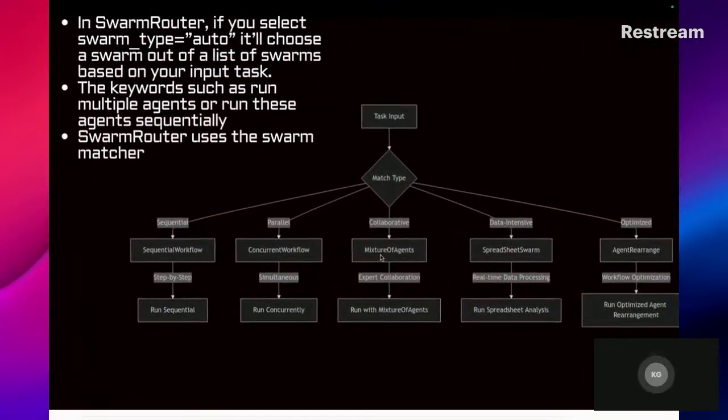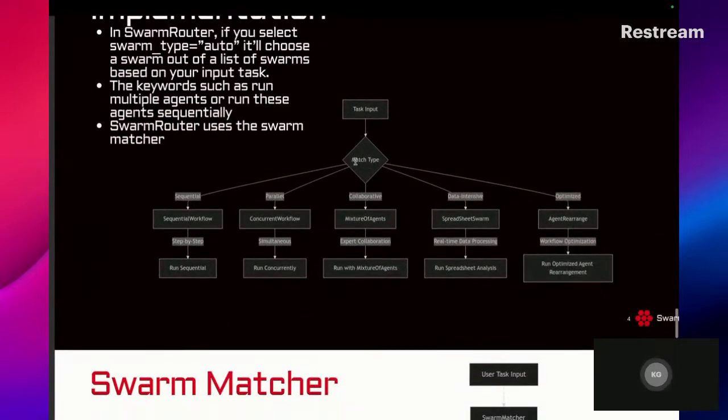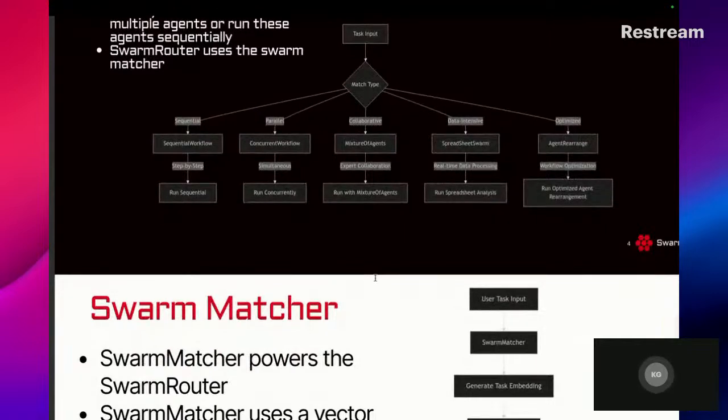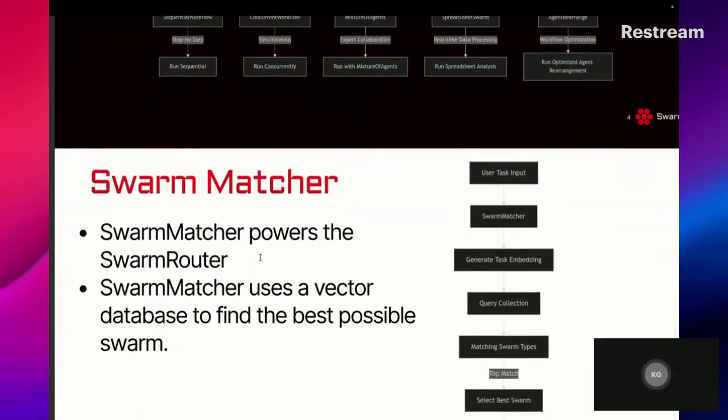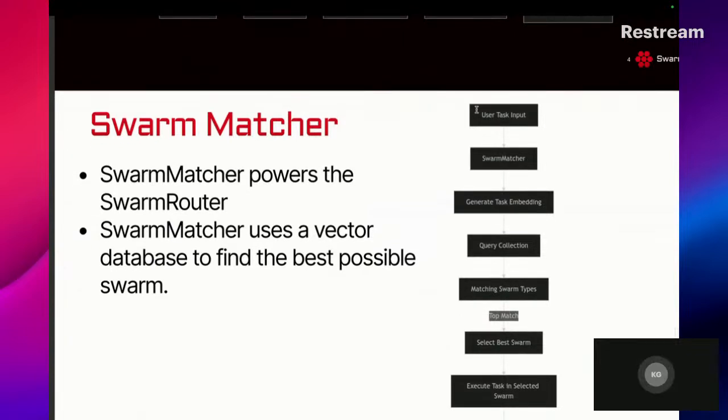So the way that it works in Swarms right now is, like I said, the match type here is powered by the Swarm Matcher, and the Swarm Matcher uses the vector database.